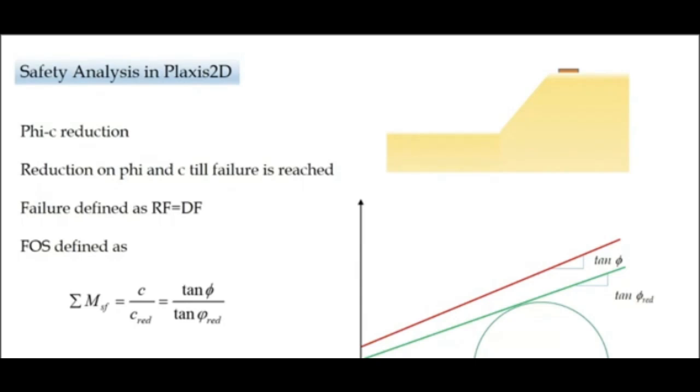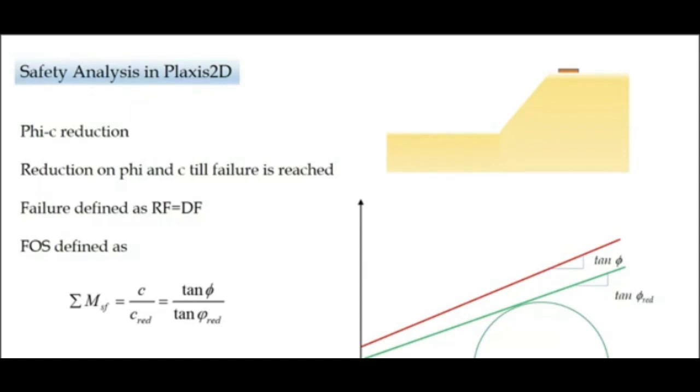What will happen is that for this specific configuration, Plaxis 2D is going to run a number of analyses iteratively, where it is going to reduce the strength parameters of the rock mass. That is, it will reduce the cohesion and the friction angle of the rock mass by a specific factor F. Once we do that, the red line will shift downwards, and eventually we will end up